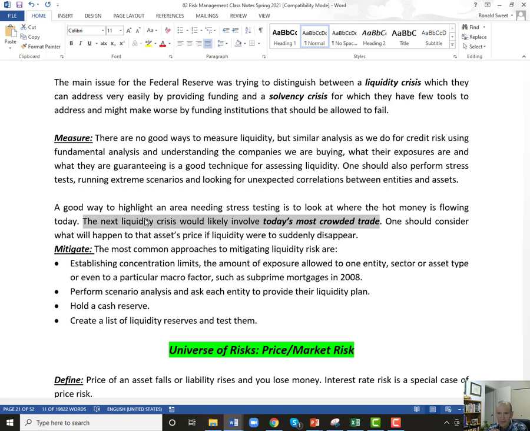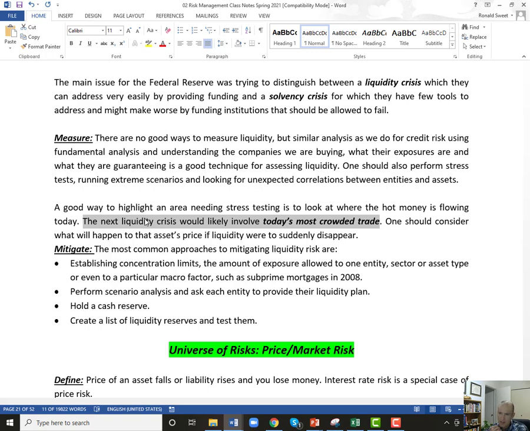Maybe that's Bitcoin. Maybe Bitcoin will have a liquidity crisis. Maybe it's real estate today, especially residential real estate, which is having a boom time right now because interest rates are so low. I'm starting to see more and more people buying properties to flip them again. A liquidity crisis would shut that down pretty fast. Some people talk about sovereign debt. There's so much government debt out there. Could we have a liquidity crisis there? It's hard to imagine, since governments can actually print money. But we get to the point where there's so much government debt out there, and then suddenly people start worrying about governments, and people start trying to sell their government bonds real quickly.